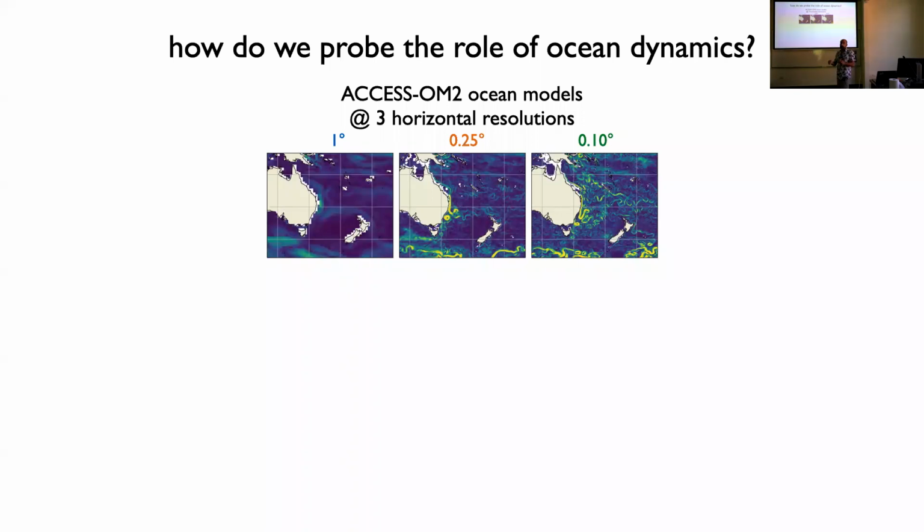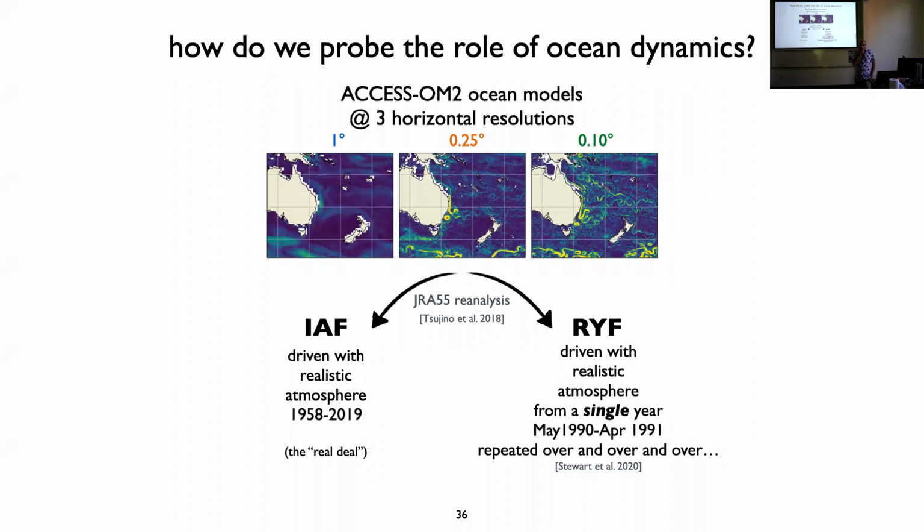So one would say, yes, you find decadal patterns of variability, but it's because of your forcing. So to overcome that, we use two different forcings to drive our ocean models. One is the realistic winds from the last 60 years. And the other one, what we call repeat year forcing, is that we take a single year of all of